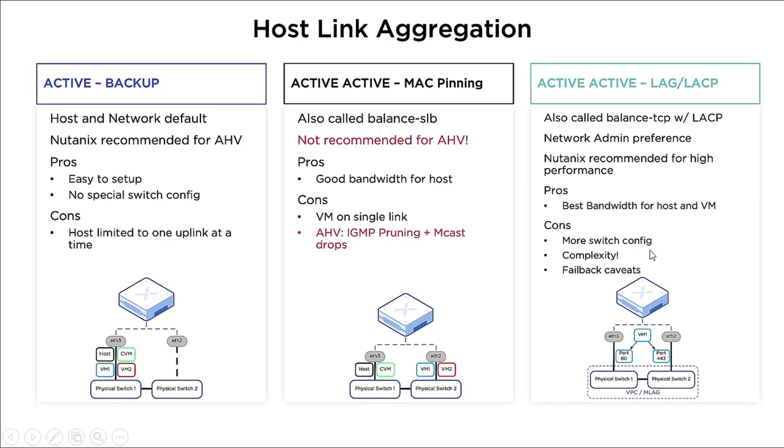The pro of this configuration is the best bandwidth for the host and VMs. You have the best bandwidth for the host and the virtual machines because it uses both networks. But in case we lose one of them, the one that is still available can handle all the traffic and data of the different virtual machines. This technology needs a switch configuration and a failover test of any switch to see if your configuration works perfectly. So this one looks similar to this one, but here when we have a failure in a network adapter,